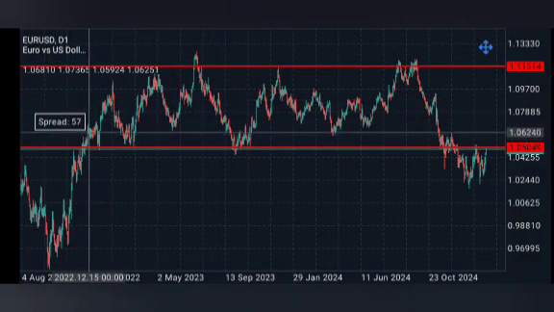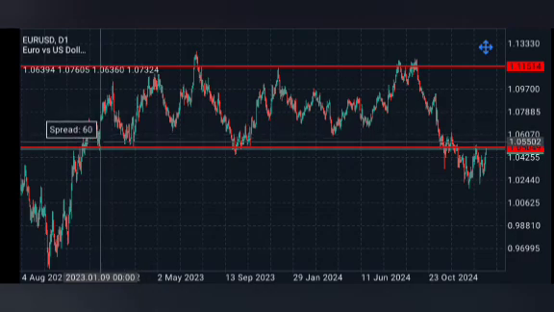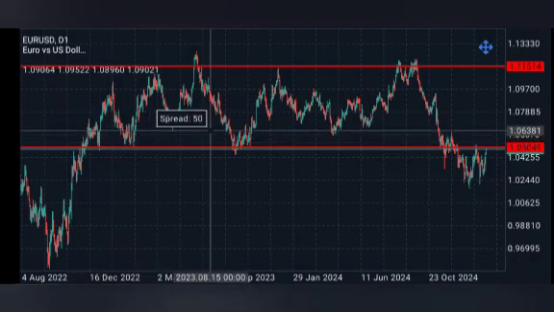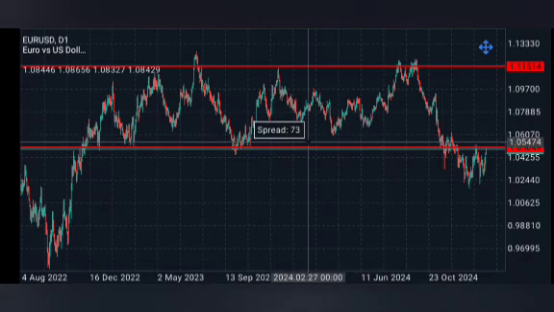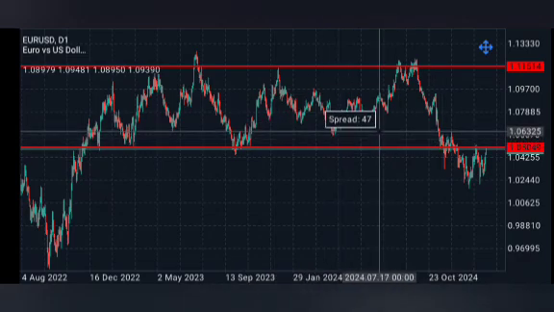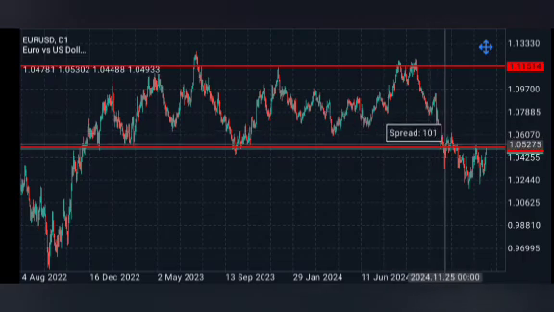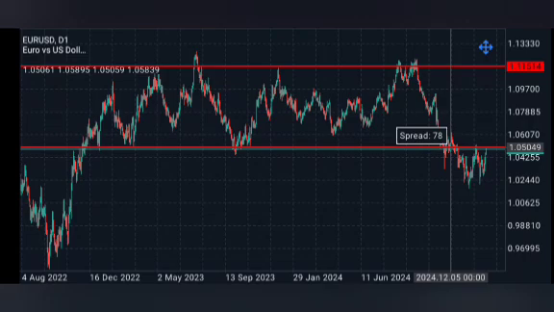When did it enter the consolidation? The 9th of January 2023, and it just broke out a couple of days ago. So for about 2 years, Euro USD has been ranging, and it looks like it's forming a big head and shoulders pattern on the higher time frame. It looks like it is ranging to gather momentum to break out in whichever direction it wants, and in this case it has broken to the downside. So I think Euro USD is going to be in a strong sell trend very soon.